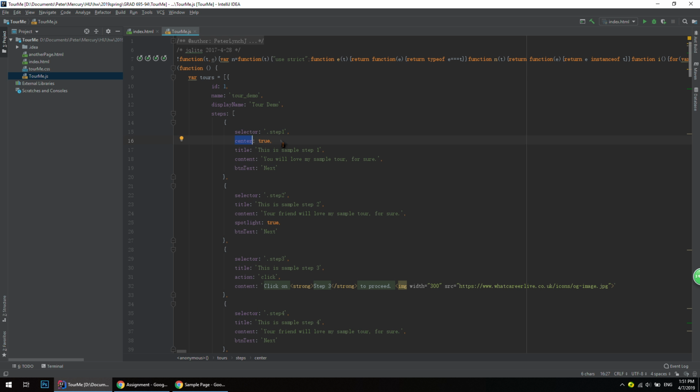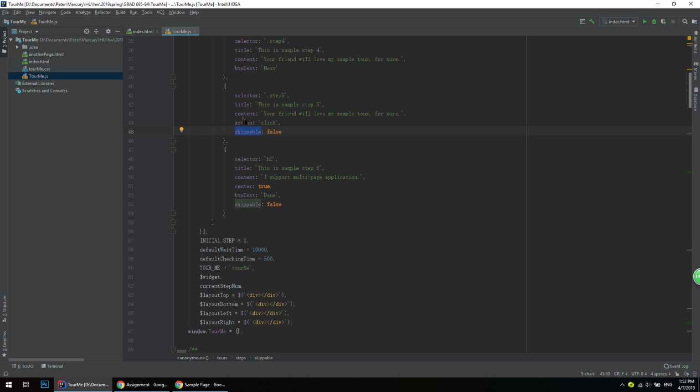If not, it's going to try to show under the element. Each step has a title and content. Button text is the action button on the bottom right of the widget. And I have some other features such as spotlight and